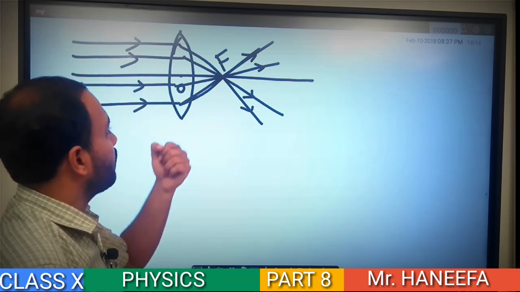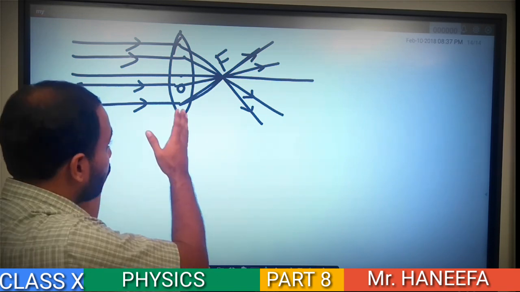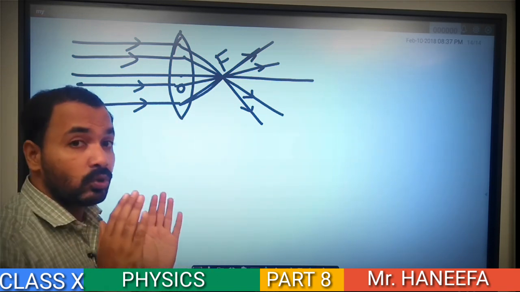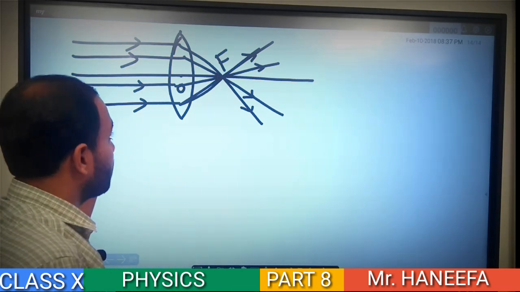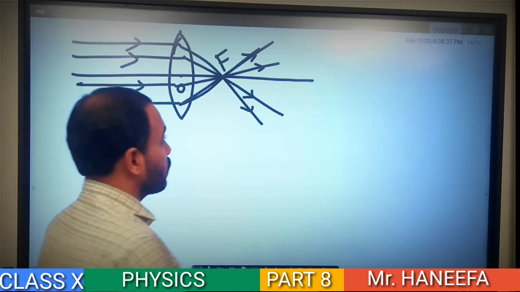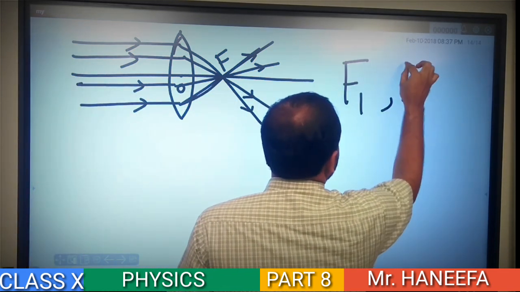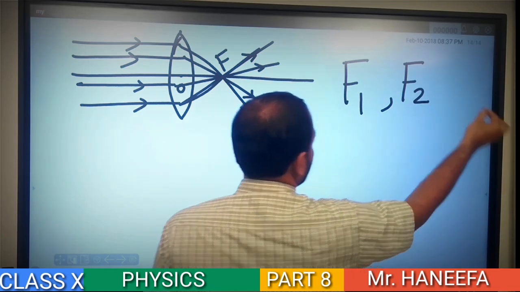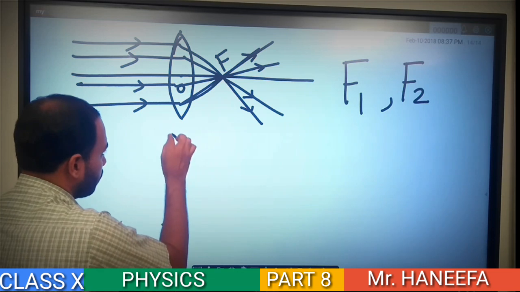This principal focus is represented by a letter F. So in the case of a convex lens, there are two focuses. One is on the right side, the other is on the left side. So two focuses. One focus is F1, the next focus is F2. Similarly, in the case of